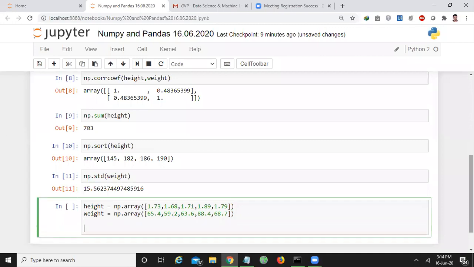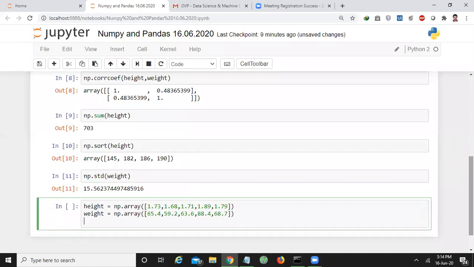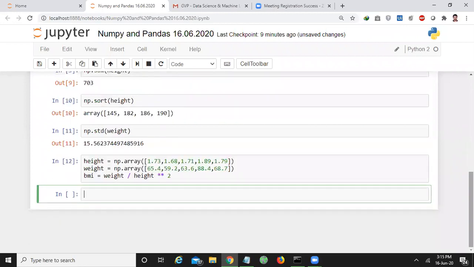Now, if you want to calculate the body mass index of all the persons at a time, for that I can write this formula, that is BMI equals weight divided by height to the power height square. Then the BMI will be calculated. Now I want to print BMI, how much it is.